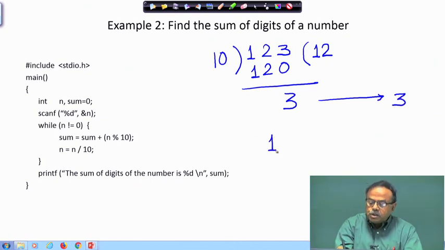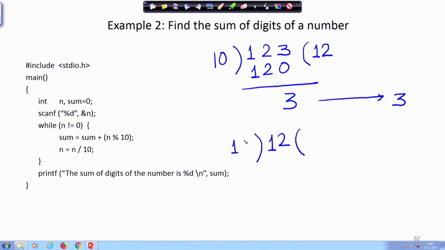Now, I take the quotient, divide it by 10, I will get a quotient and a remainder. The remainder is another digit, and then I go on till the number is not equal to 0.